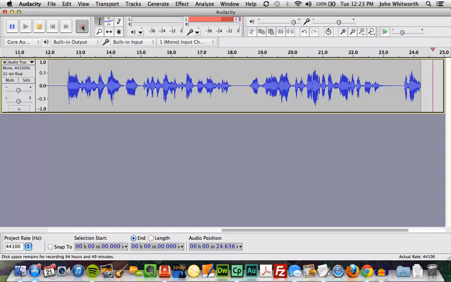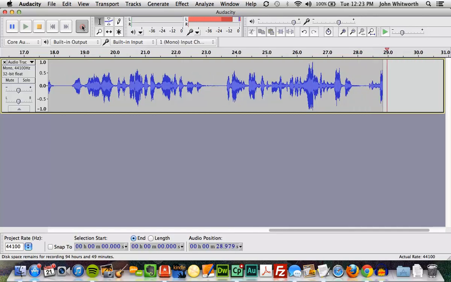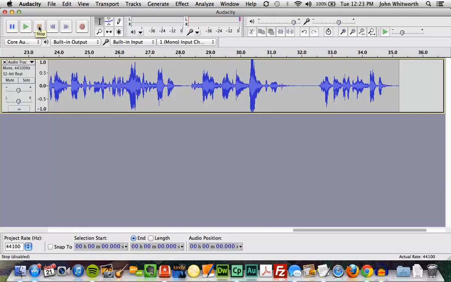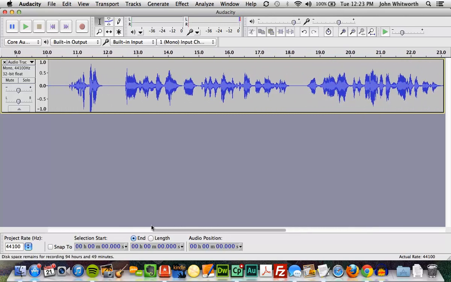My only recording tip would be to be a little bit louder rather than softer, because we can always turn the volume down if we need to. So when I'm finished, I hit the yellow stop button. And there you go. I've made one audio track. So if I scroll here with my mouse all the way to the beginning,